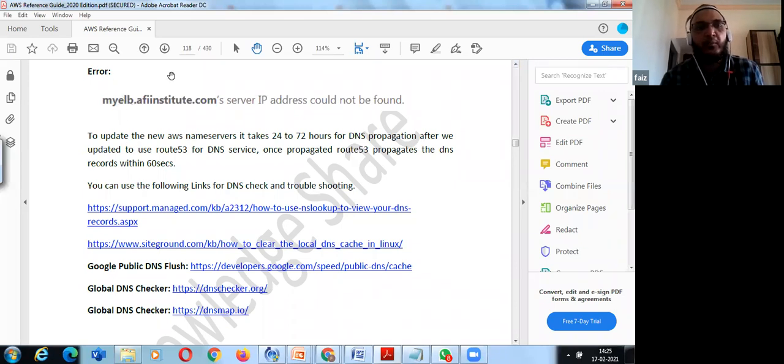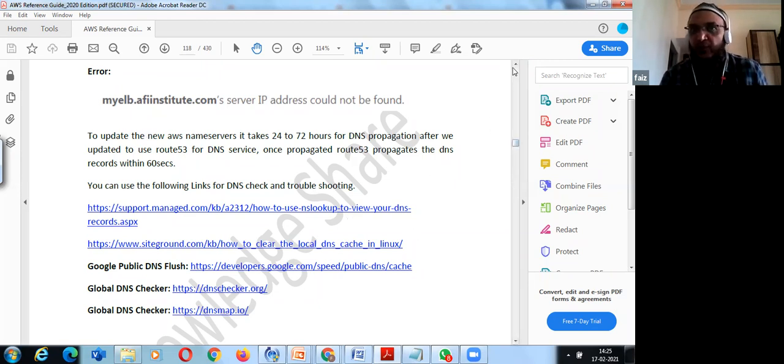So I hosted a load balancer and provided myelb.ifiinstitute.com. It normally takes 24 to 72 hours for DNS propagation after you update the Route 53 system. But this propagation will be faster when you use the same provider.